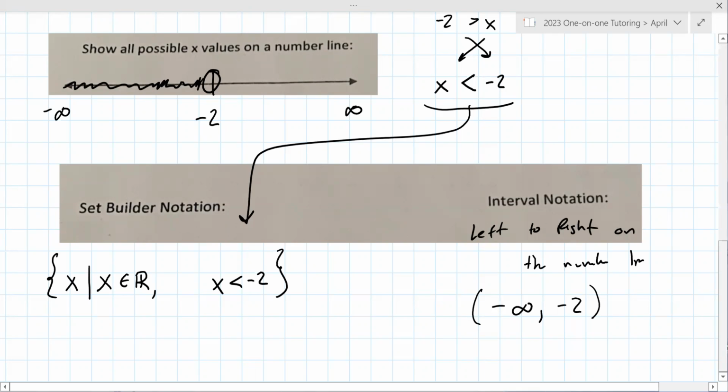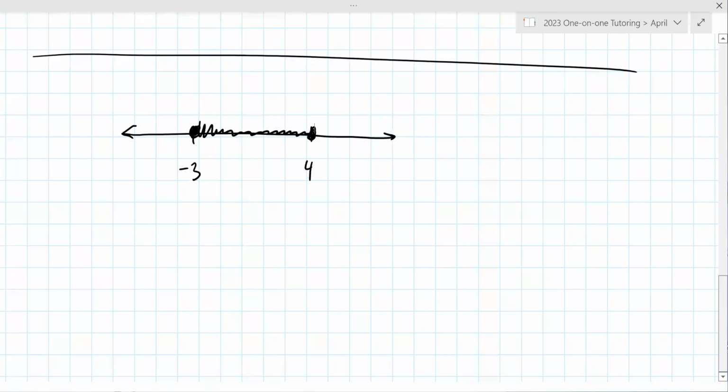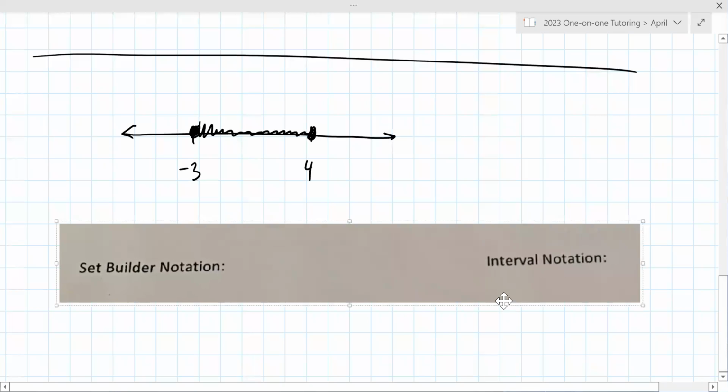Okay. So let's just focus a little bit just on the set builder and the interval notation from a number line, because I think that will be good use of our time here. Let's back up here. So let's say I give you a number line -3 to +4, filled in bubble, everything between there. Okay. Everything between. Okay. So let's do set builder and then interval notation. So set builder